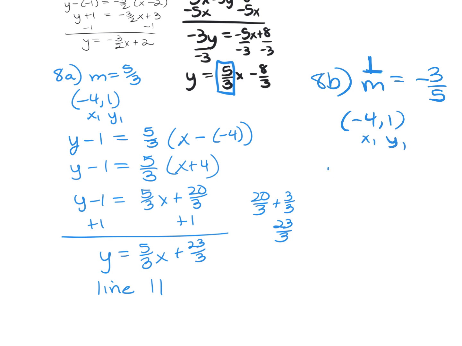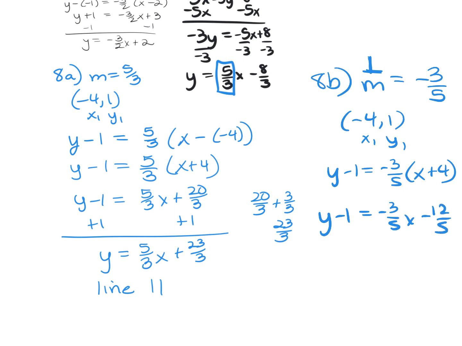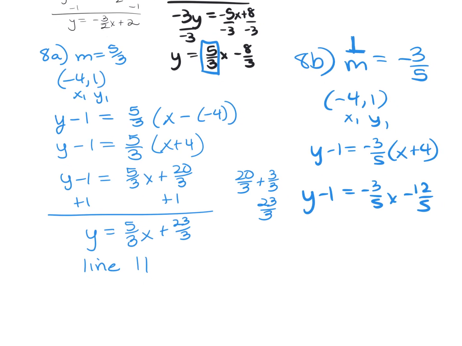So I do y minus 1 equals -3/5, and I'm just going to change this right to an x plus 4. Remember that negative makes it turn positive. So I'm going to distribute the -3/5. And I get -3/5 x minus 12/5. Again, I need to add the 1 to both sides. And I get y equals -3/5 x